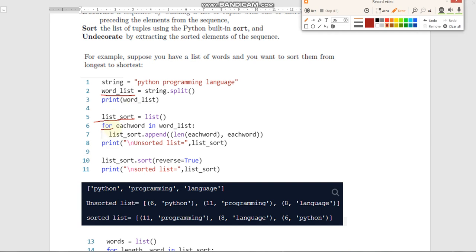So for each word in the word list: for the first iteration of the for loop, the word is Python, which is there in the word list. We want to append that Python to this list using the append function. Using the append function we want to append two